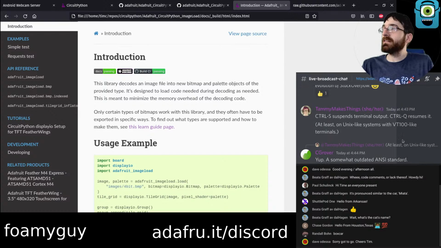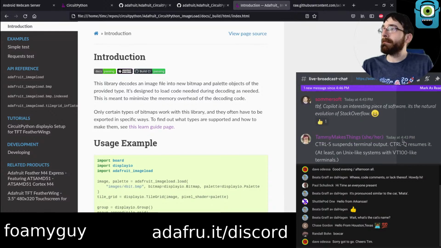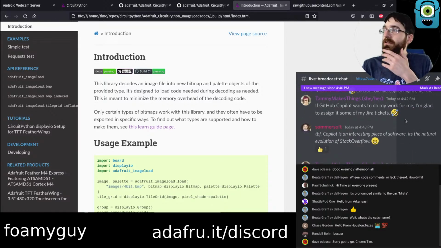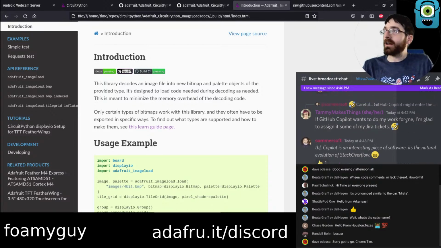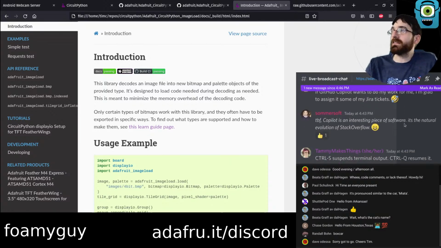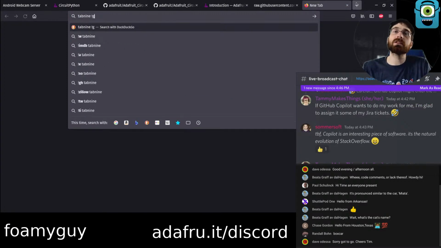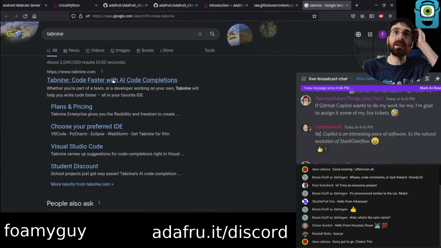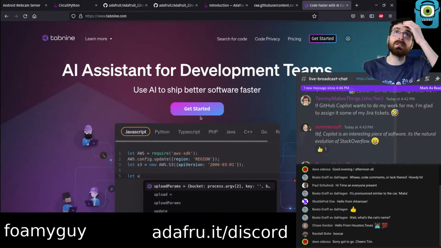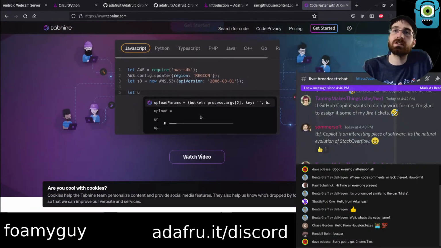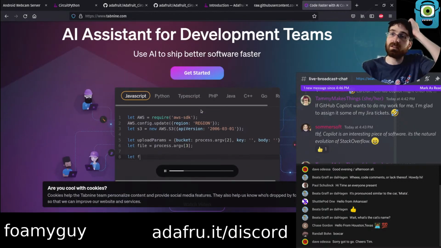Somewhat outdated ANSI standard. To be fair, Copilot is an interesting piece of software. Natural evolution of Stack Overflow. I maybe should give Copilot a try. I heard of a thing called Tab 9, which is like code completion. Is Copilot like this, where you can press tab and it tries to guess?